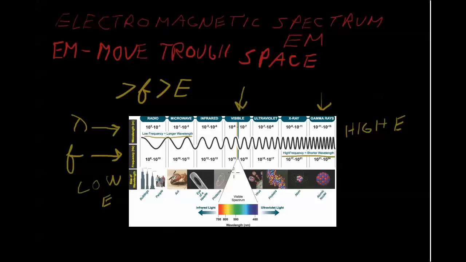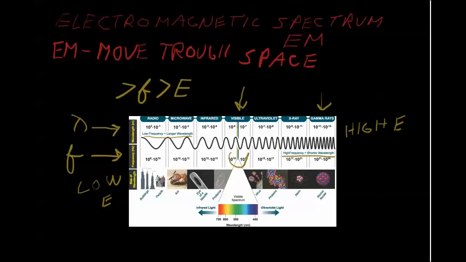When we talk about light, we're really talking about this area right here. Light's pretty small. It's a pretty small area. As you can see, this is all we see right here. This is it. And it's a very, very small area.